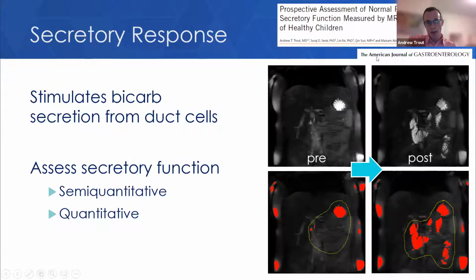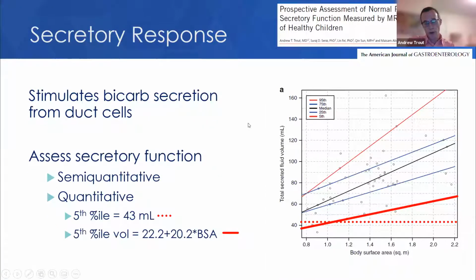And we have some data that we have published regarding normative values in the pediatric population. There are some adult data out there as well. In terms of what we expect for normal secretory function, or at least the 5th percentile, so the low threshold of what we would consider to be normal, 43 milliliters volume on average across the pediatric population, or a regression equation here at the bottom based on body surface area, with expecting increases in fluid secretion as children get larger